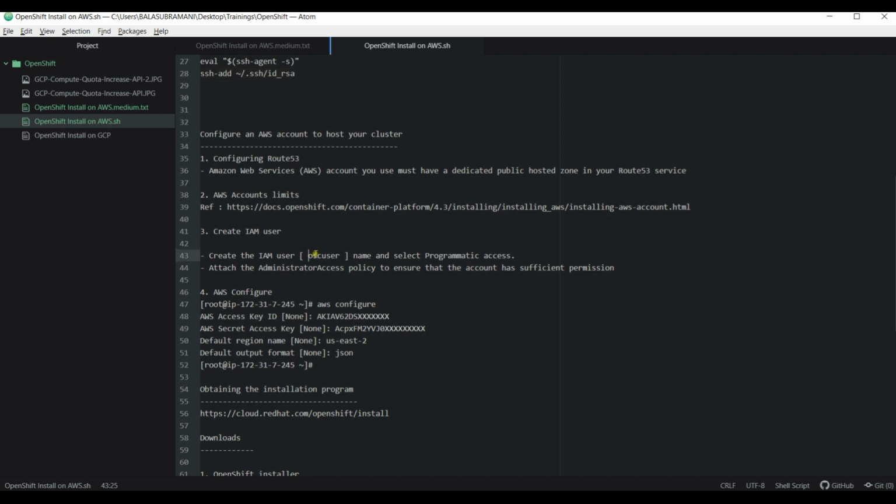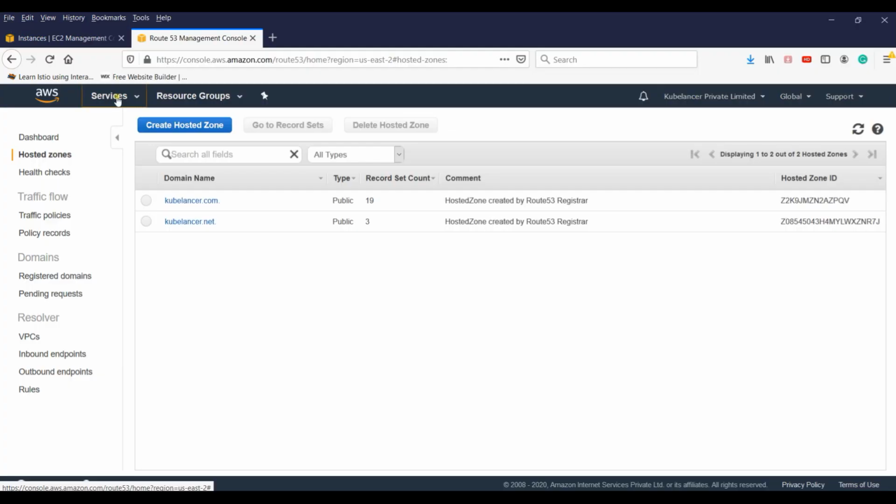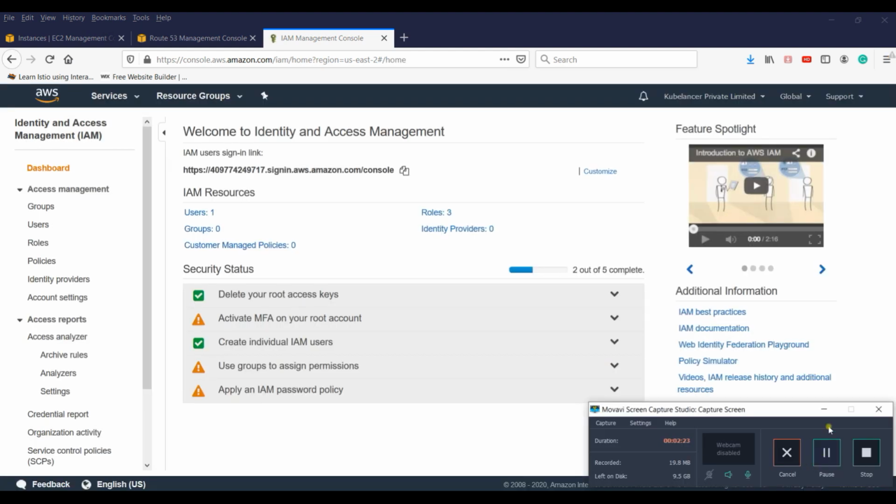The username I'm going to create is OSC user, nothing but OpenShift cluster user. So let me create the user. Creating an IAM user.